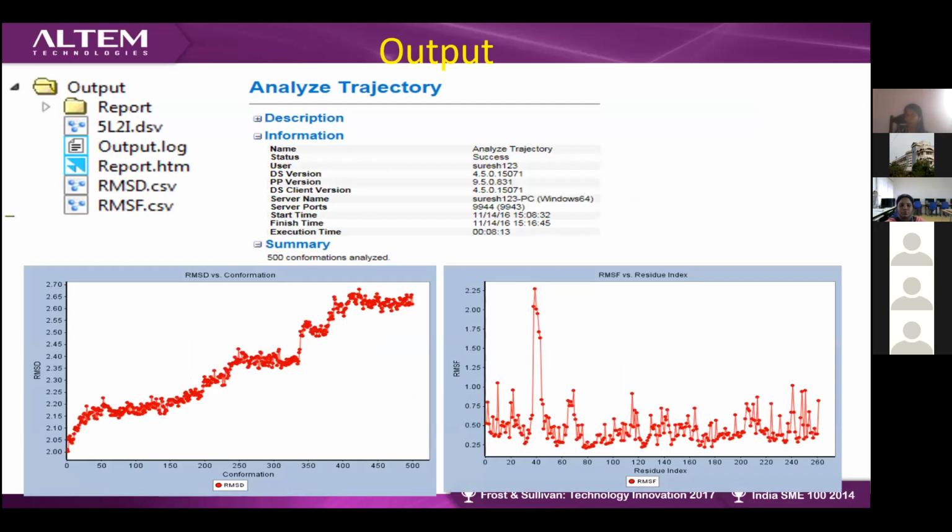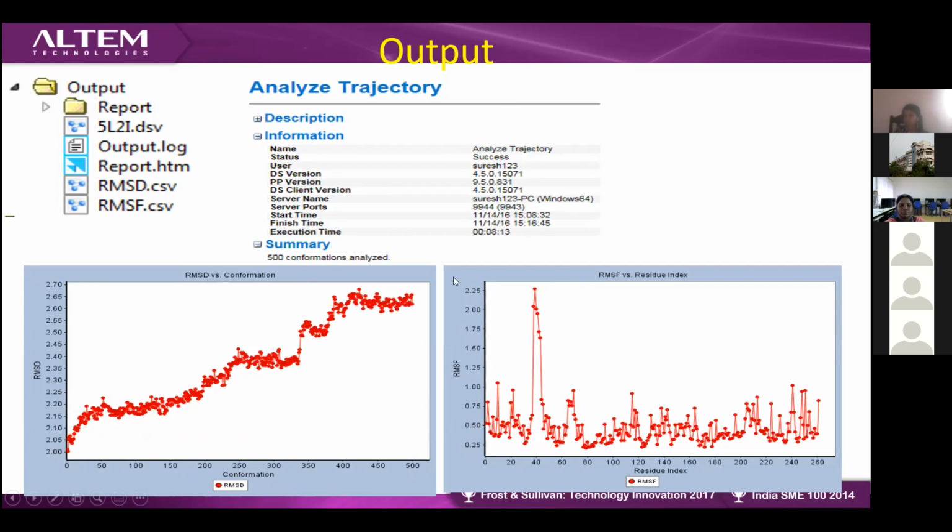The output of your trajectory file I have already mentioned here. Based on the energies also you can calculate. Apart from that, you will be analyzing your trajectory through RMSD or RMSF. RMSD is based on the conformations. If you have 500 conformations, you can see how your protein molecule has deviated. You can see that in the conformations from 400 to 500, the molecule is stable. Before that you cannot conclude the molecule is stable, but from the 400th conformation, the molecule stands stable.